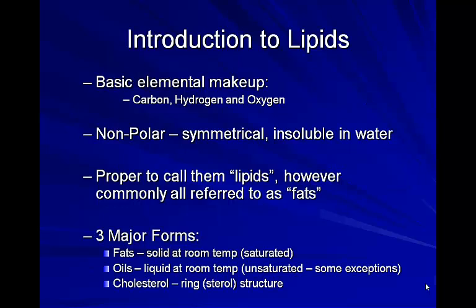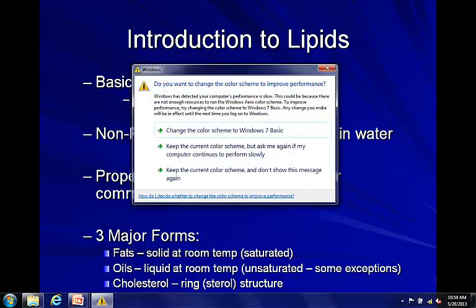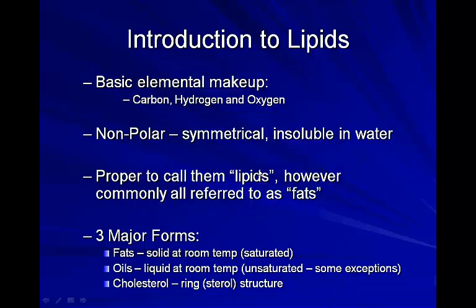As we saw with carbohydrates, they have the same basic elemental makeup as our carbs. They're made up of just carbon, hydrogen, and oxygen, but structurally they look very, very different. Whereas your basic monosaccharide or your basic glucose molecule is a 6-carbon sugar, often forms like a hexagonal shape.